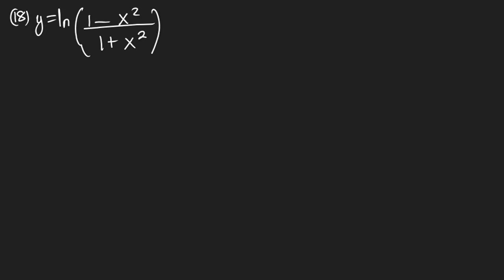Okay, question 18. Question 18, they are saying y is equal to ln of 1 minus x to the power 2 over 1 plus x to the power 2. Well, it's very simple. dy over dx is equal to,